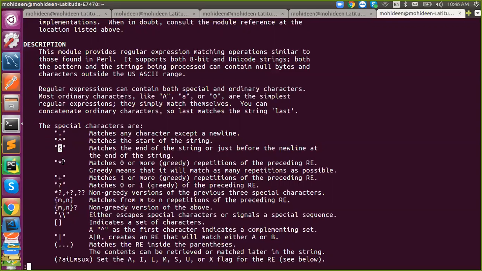And star means this is something similar. So this will match each and every character, from 0 to 1, and plus means this will start from 1 till the end. And this is like a not symbol, whether you want it or not, like a boolean. So you know not, right? What is not in if? So if you want this or not, for that they use the question mark.